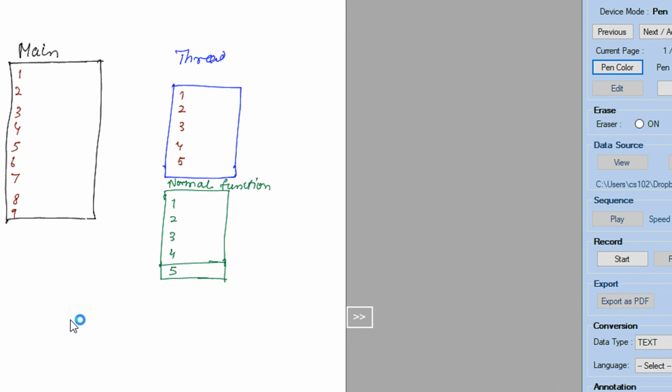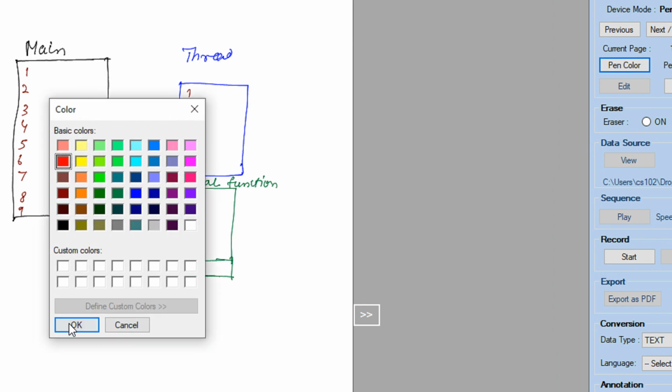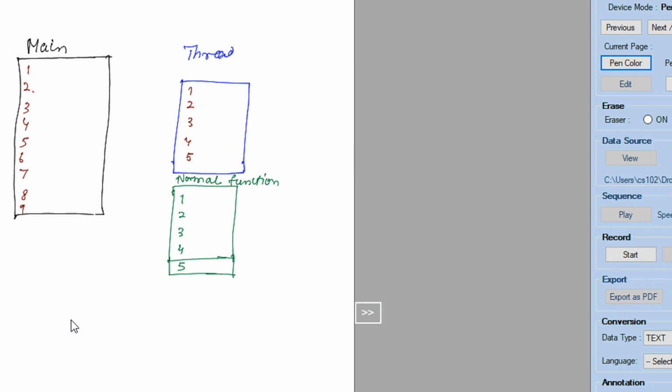Now assume that on line number 2, you call the normal function. So what happened? From line number 2, I go to the normal function. Once I go to the normal function, I execute the 5 lines 1, 2, 3, 4, 5, and then, as you know, we return back to line number 2.